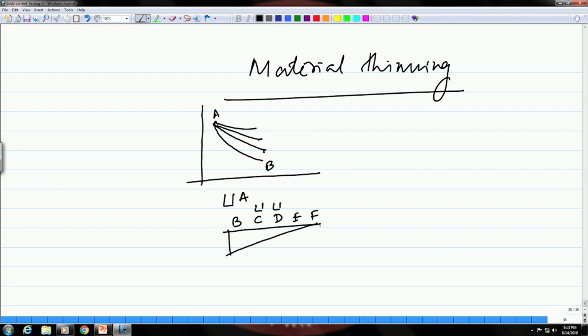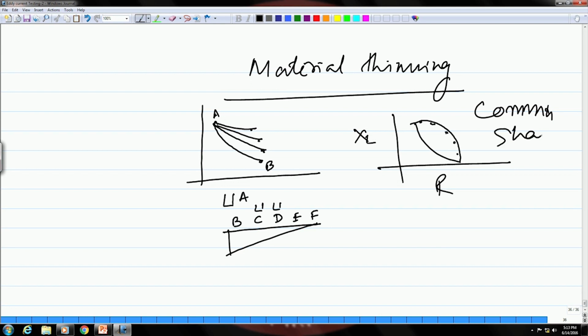So, if you connect all these points, the end points of this lift off curve, you will get a comma shaped curve like this. Okay. So, these are the end points of all the lift off curves. So, this comma shaped